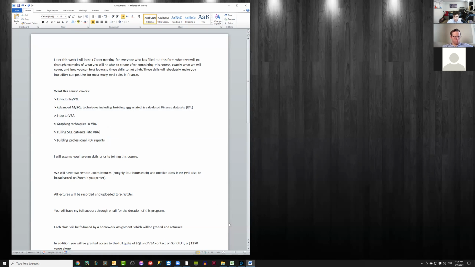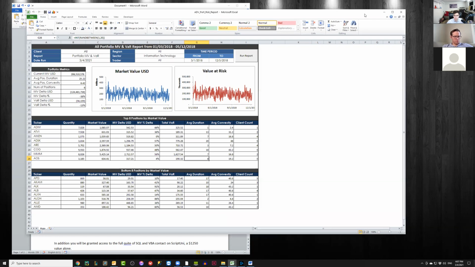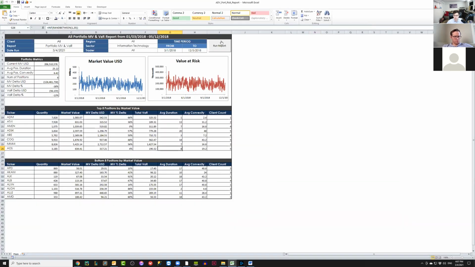I'm just going to jump straight in and show you a report that I've been working on today. I basically built this from scratch in the past 3 hours. I think I gave myself a little too little time to really do a good job, so I only have the top half done, but I think you'll admit it's pretty cool. So I built this right now in Excel, VBA, and SQL.